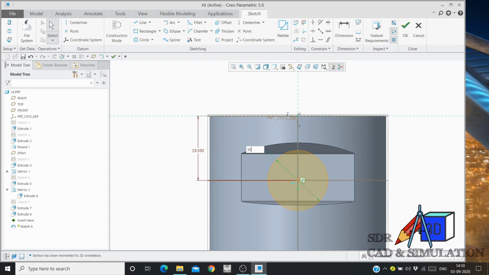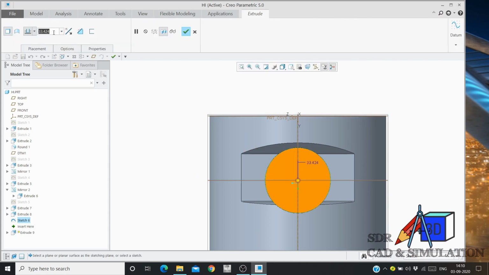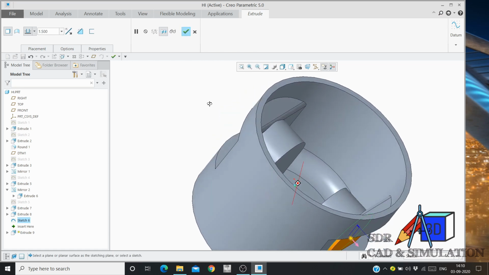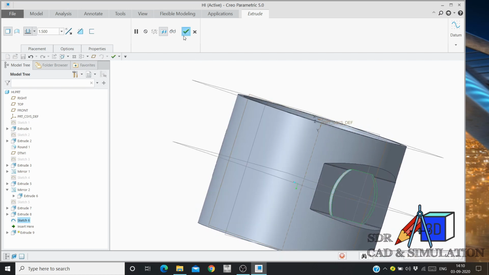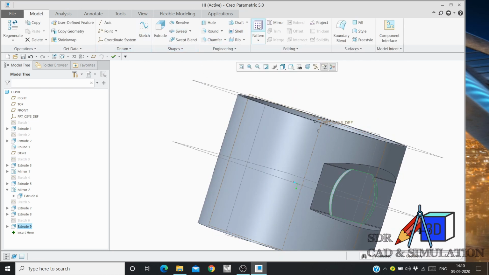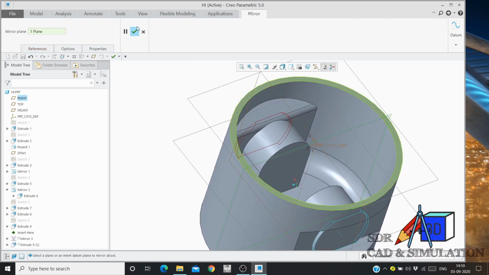Dimension this as 30 mm diameter. Again extrude. This time it is 1.5 mm. Click OK, and mirror this to the other side. Click OK.